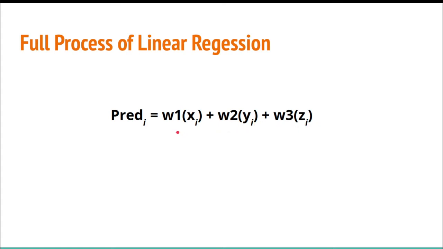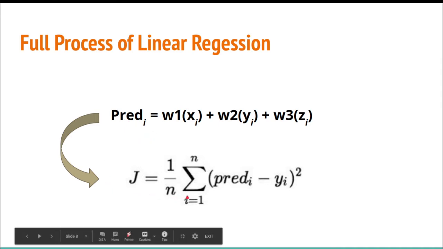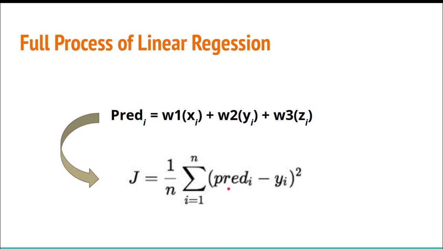And then we count the loss function. We first define w1, then we define w2 and w3 randomly for the first example, then we predict and get some prediction. Then we apply it to our loss equation, where we find that the actual y is $2,000, but we predicted $1,500,